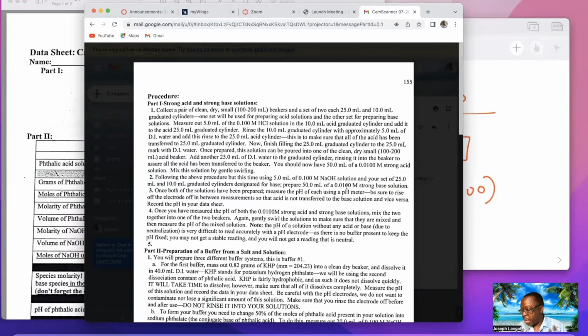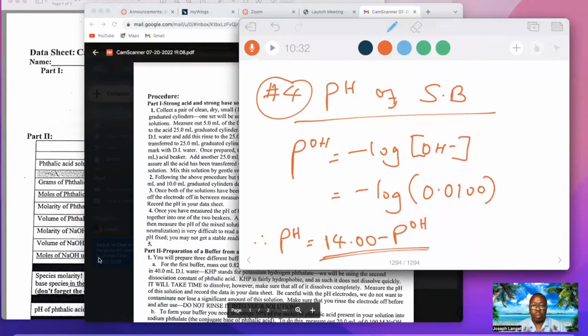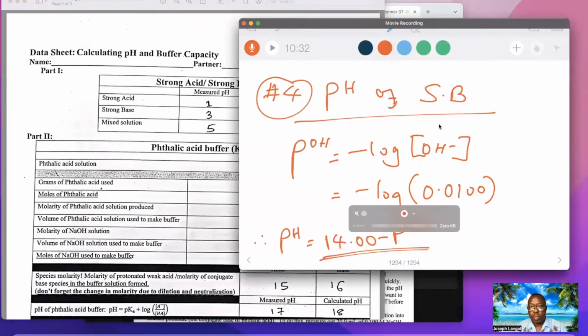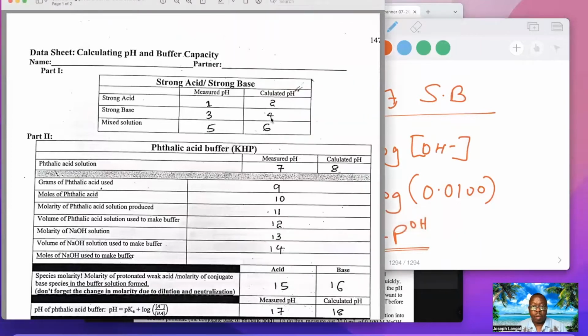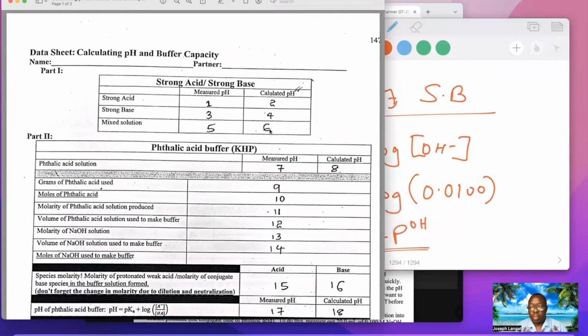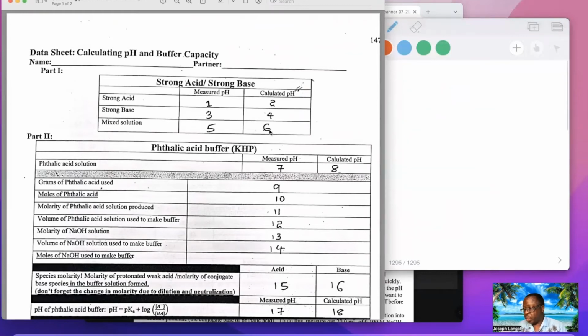Therefore, pH is given by 14.00 minus pOH. This is what you will have to do for number 4. You have to have number 4 for the strong base. And after mixing, of course, for 6,